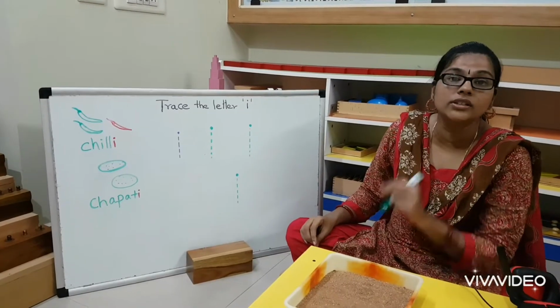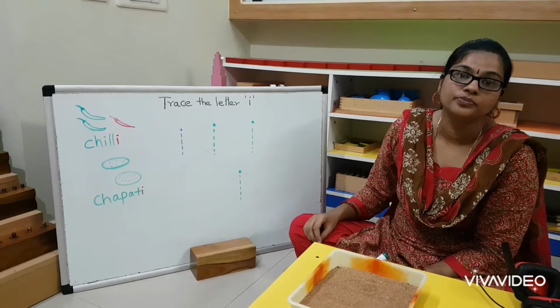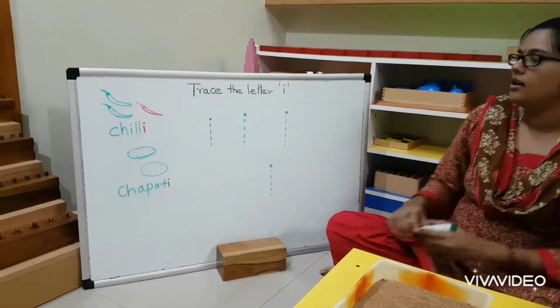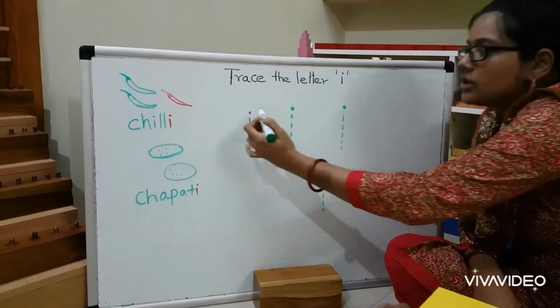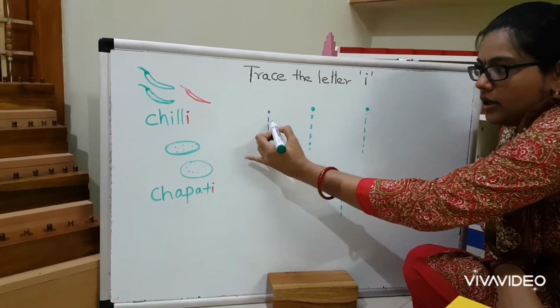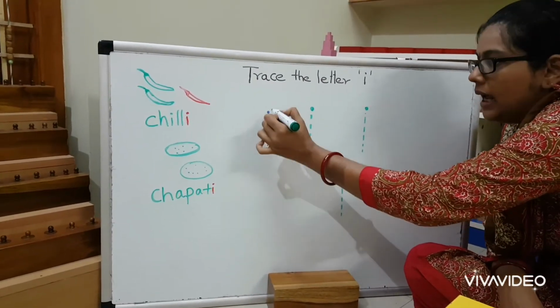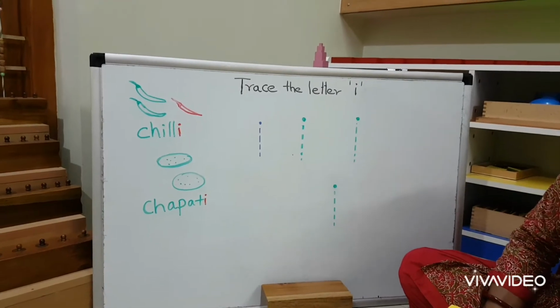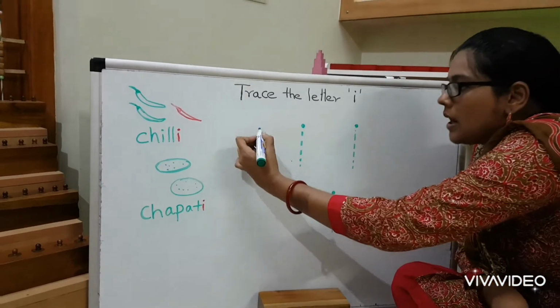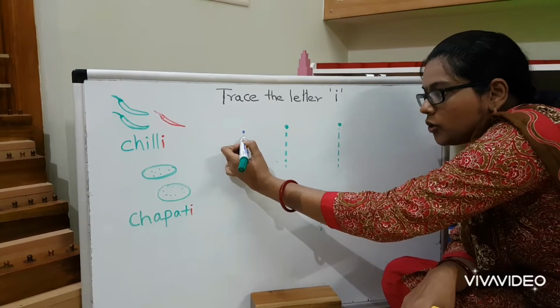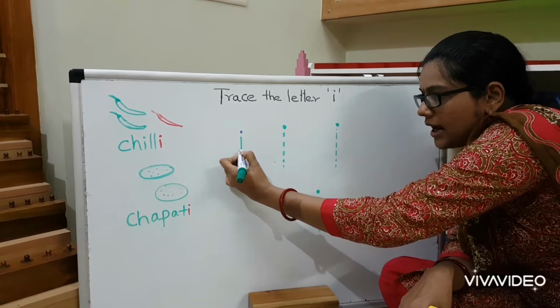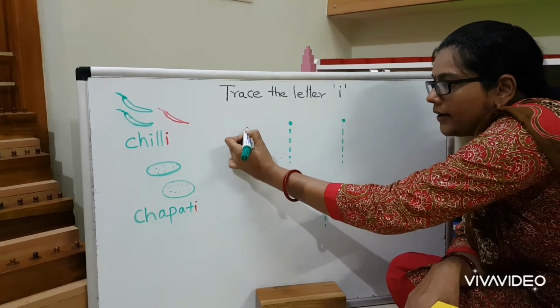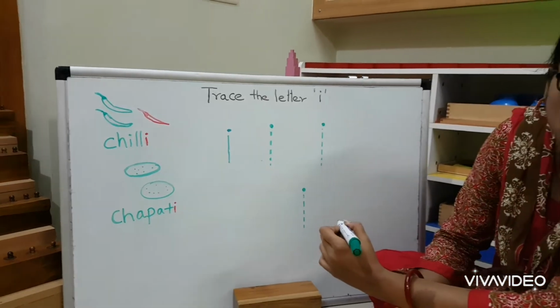Now, see here. What we are going to do is, I'm going to trace it now for you. Shall we go ahead and trace it? Okay. I'm going to start. Starting from here, draw a straight line and keep a dot. Don't forget to keep a dot. Okay? We are going to draw a standing line and a dot. Don't forget to keep the dot.